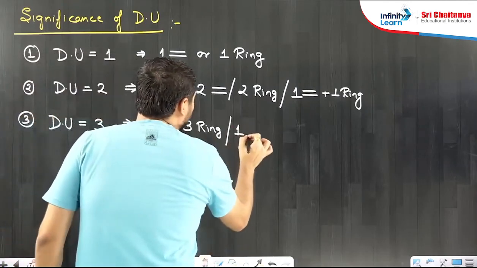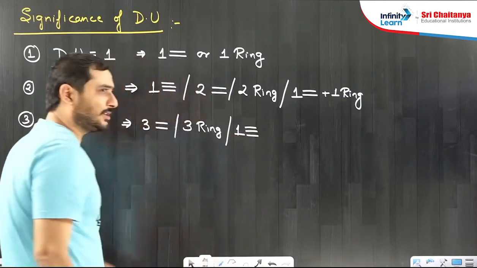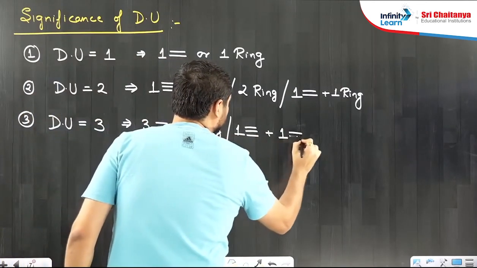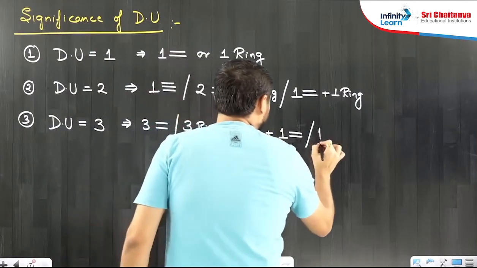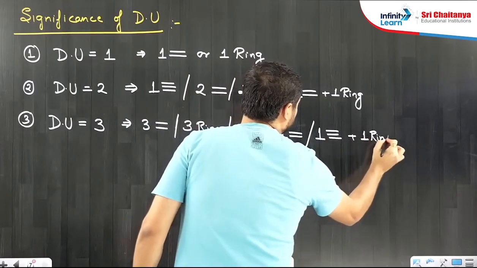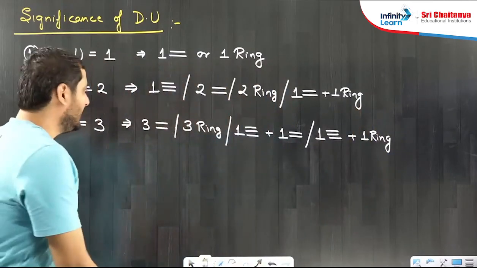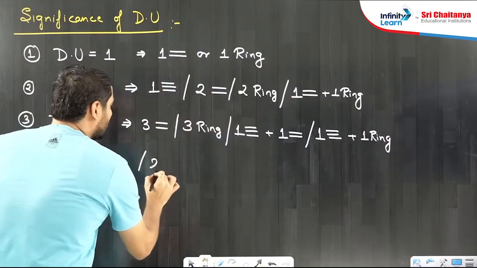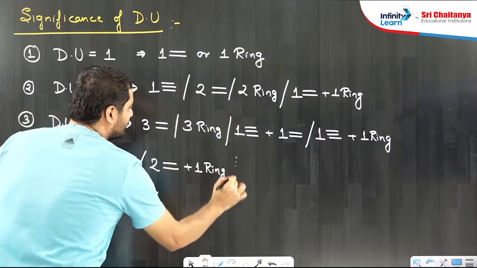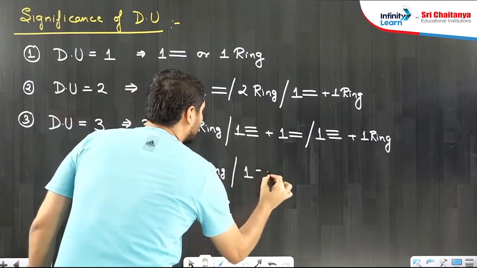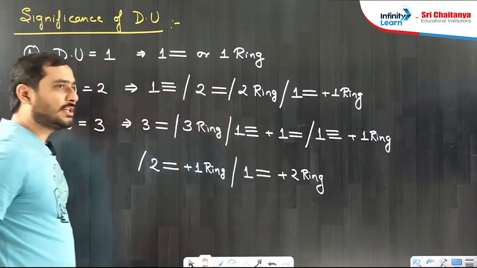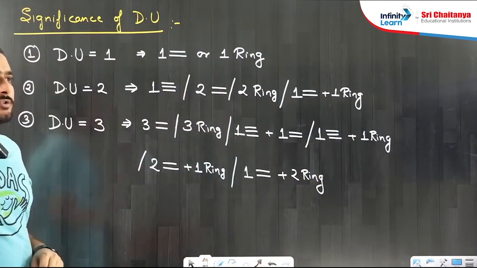So if one triple bond is present, how much degree of unsaturation is consumed? 2. 1 is left. So what is present? 1 double bond. Next, what is possible? 1 triple bond plus 1 ring is possible. Next possible case is 2 double bonds and 1 ring. And next possible case is 1 double bond and 2 rings. So these are possible cases for degree of unsaturation 3.